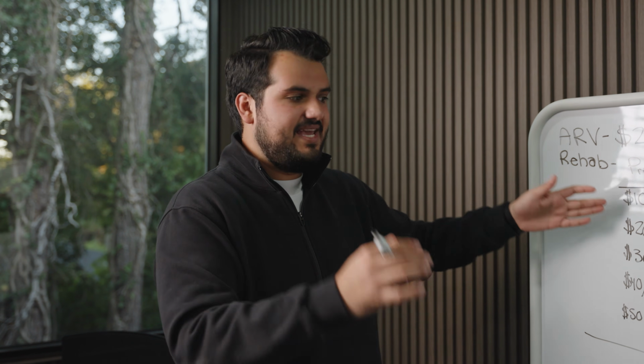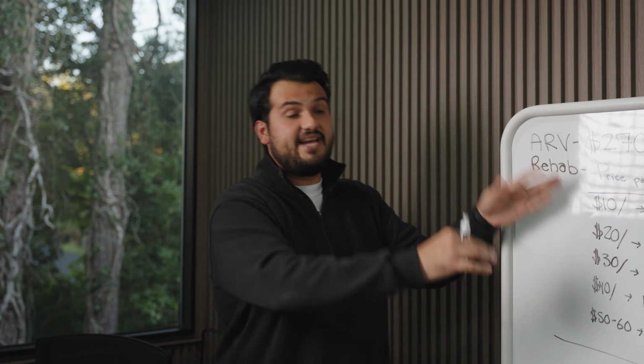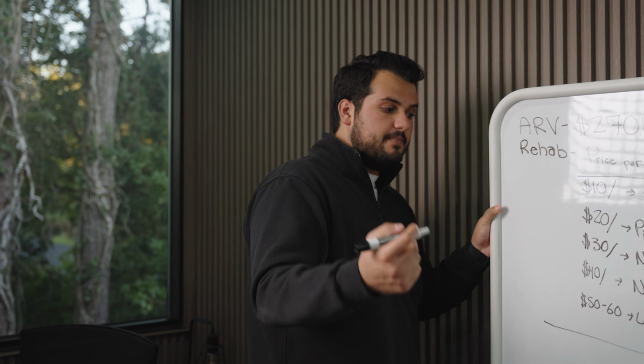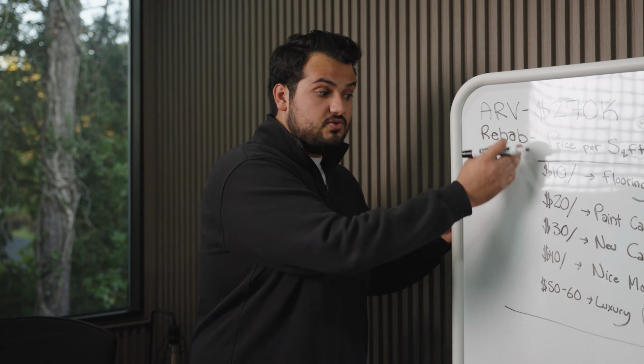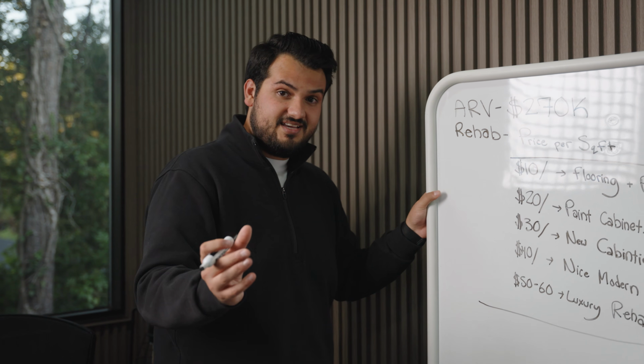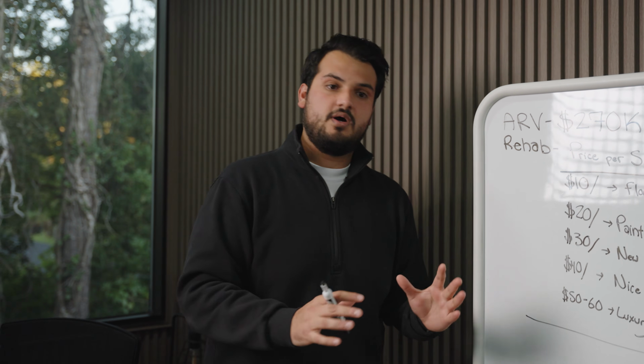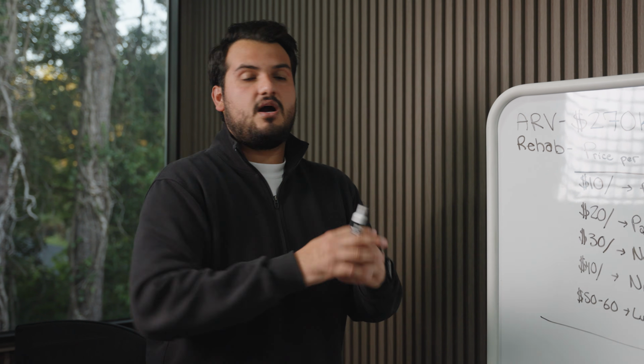Because it may need only paint and then cabinets here and there, or $10 a square foot if it only needs flooring and paint. So when the houses become bigger, just know that these won't always apply. You have to use critical thinking, right? Again, it's gonna be the main words of the videos. Really logic your way through underwriting. It's not a complex thing.